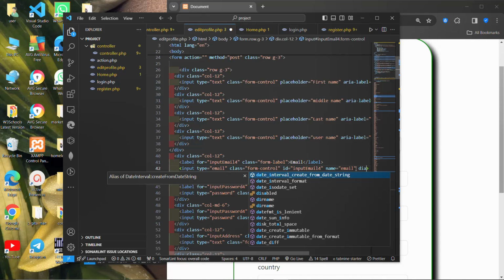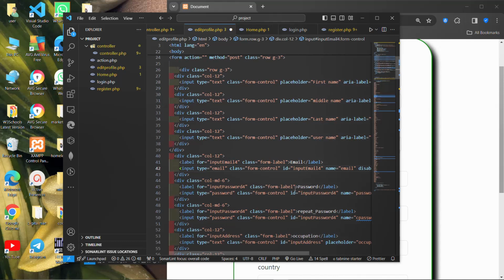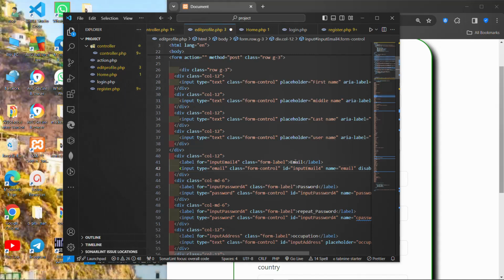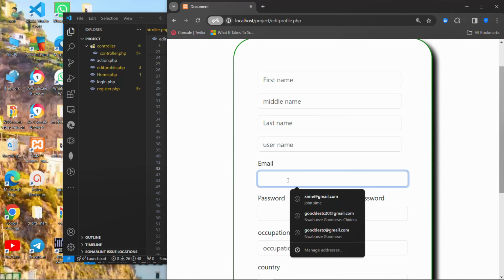Should we do read only? Let's just put disabled first. So maybe we may put read only if this disable gives us an error. But it's not supposed to give us an error. All we want is so that the user cannot edit the email, because what we are going to do is